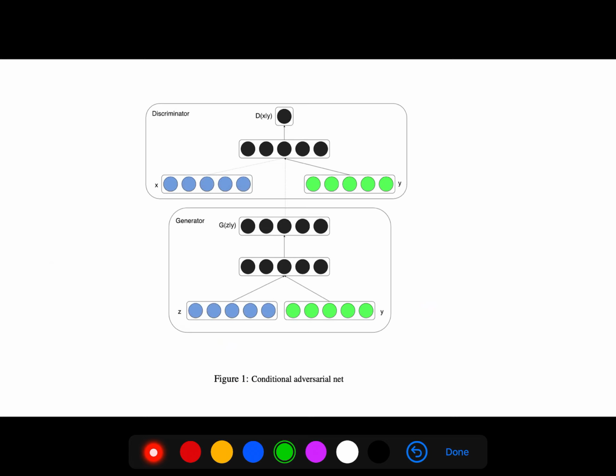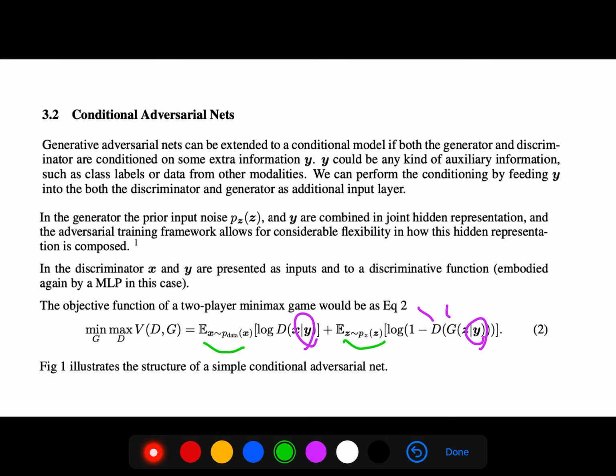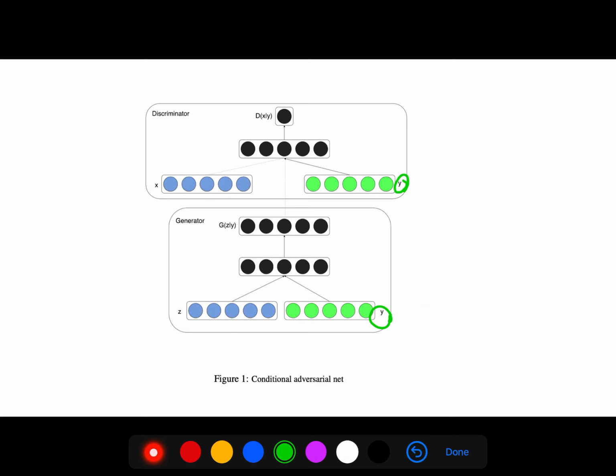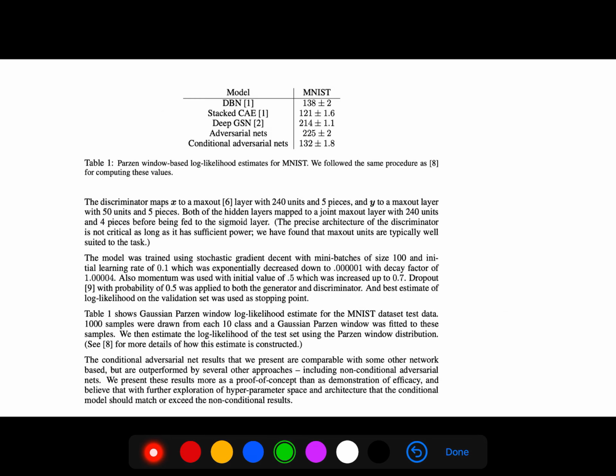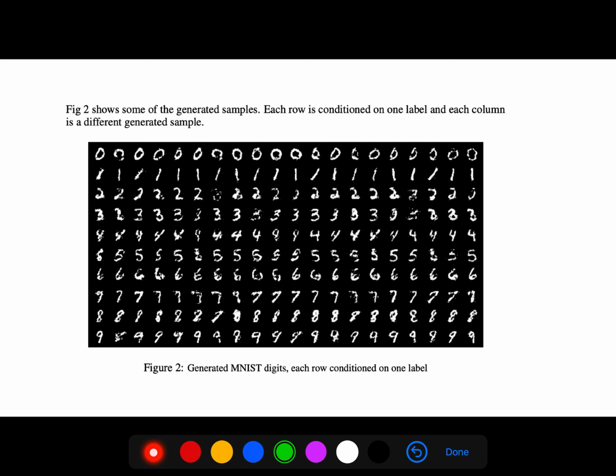So you see that we just condition on y. Even for the discriminator, we need that information, because even at the discriminator, you see this y. So we condition on y, and the rest of that is just GANs. So each row is conditioned on one label. As I said, this row is conditioned on, for example, class 0. This one is class 1, and